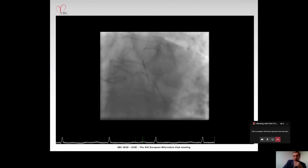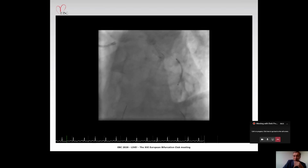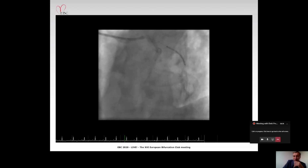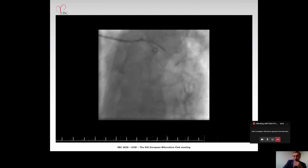This is a drug-eluting stent, 2.5, 28 millimeters long, easily and without resistance going distally. I really couldn't cross the lesion in the obtuse marginal. And a dumber decision: I didn't deploy the stent. I tried to pull it out, and